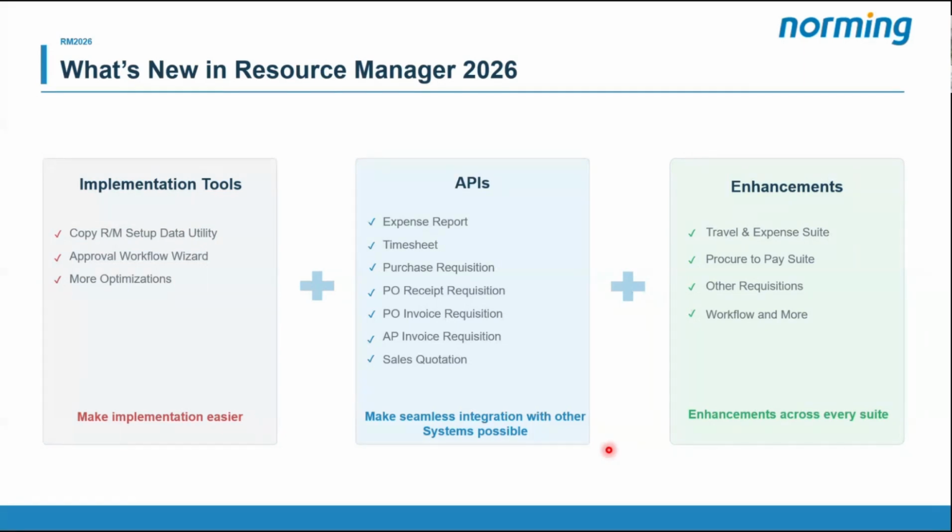Because we keep receiving requirements from the market, partners and customers ask whether Resource Manager can have APIs that they can use to integrate it with other systems. So now here they come. We have 7 APIs, and we will continue to add more APIs to make seamless integration possible